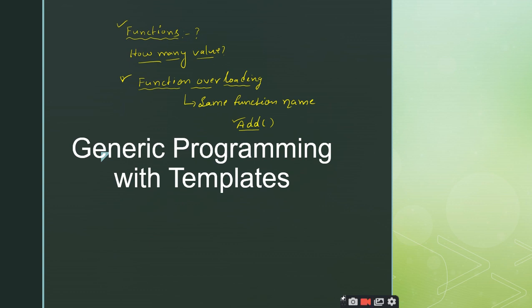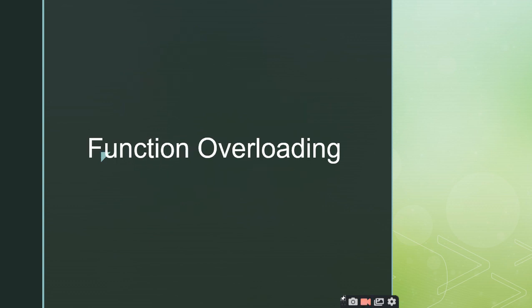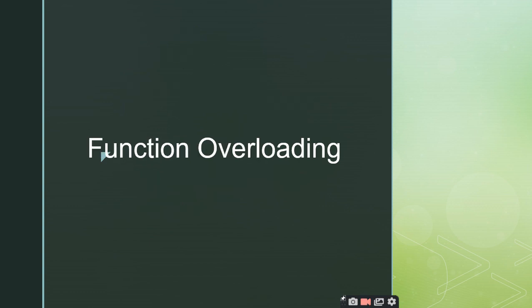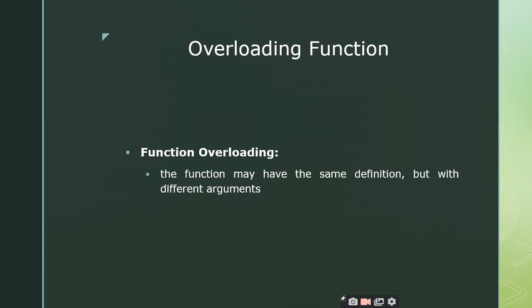So once we are clear about all these introductory concepts, we'll go through the slides. We'll come across all the terms which we have discussed up to this point, right? Before going to the concept of generic programming with templates, as I told you, we need to discuss something about function overloading, right? Function overloading is nothing but the same function name can be used with different definitions. That means we have different definitions, and we can also have different arguments. The concept you have to remember here is that the function name is the same.